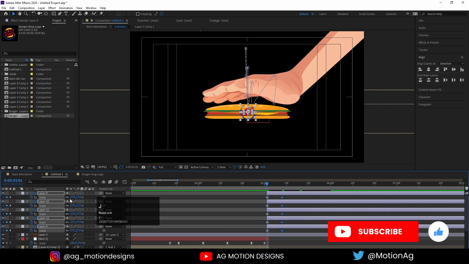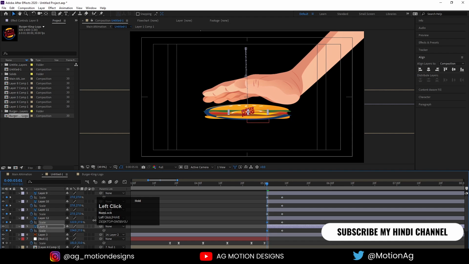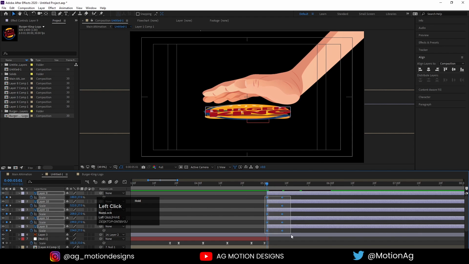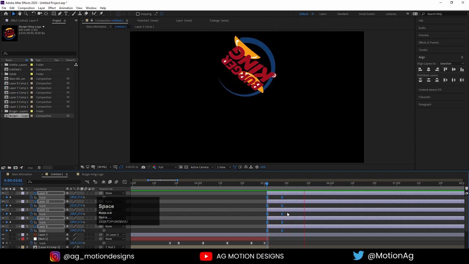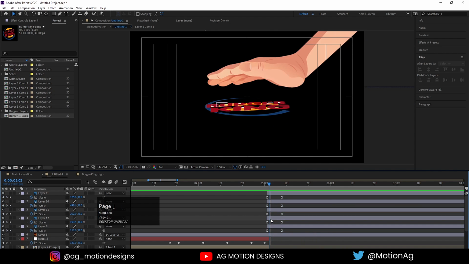Now initially unlink these options, and we need to increase the scale of this one like this, one like this, like this. Select those keyframes and hit F9, so we'll get this kind of animation. Now hit page down, move this, select this thing and select